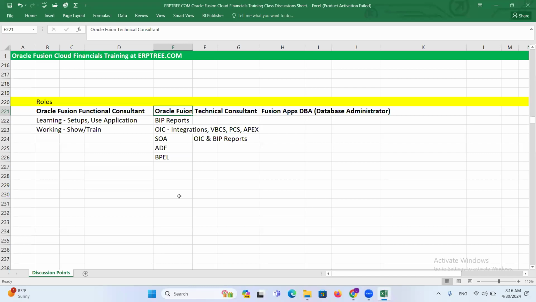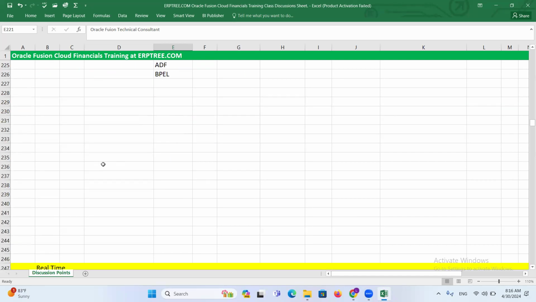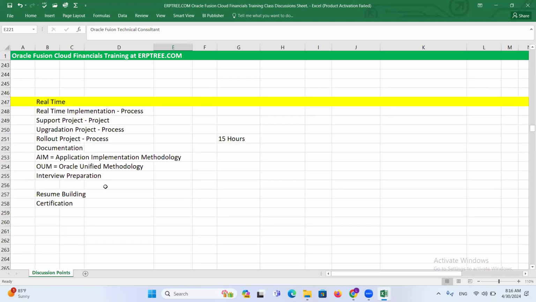Otherwise, by default, technical consultants are not required. By default, in every project, functional consultants are required. Okay, these are the points we discussed in the last session. And these are the areas you are going to understand by going through the 15 hours recorded sessions related to